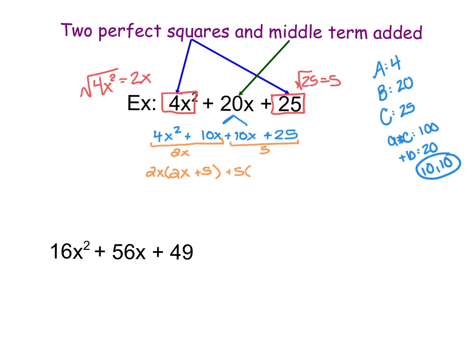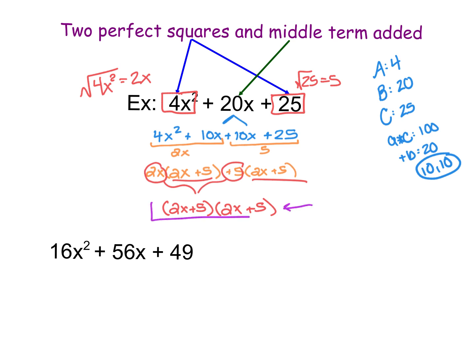And then again, 10 divided by 5 gives me that 2x part, and 25 divided by 5 gives me the 5. And so my final step here is I'm going to group the 2x and the 5 together out in front and say both 2x and 5 are being multiplied by that matching parenthesis part of 2x plus 5. And what I notice when I look at this is that both of my parenthesis parts are identical. It's 2x plus 5 in one and 2x plus 5 in the other, which is a pretty unique